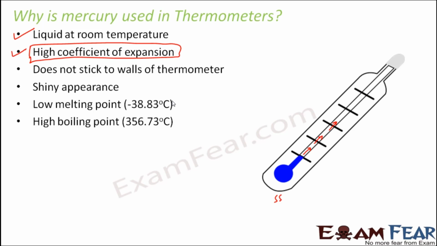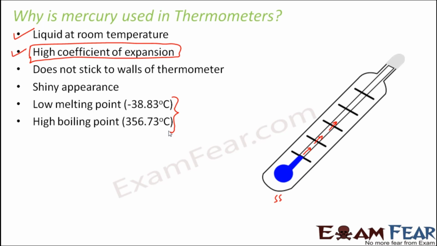So the chances of this mercury being melted or getting boiled are very less, because normally, if an object has a very low boiling point, then maybe even at room temperature it might start boiling, or as soon as you expose it to some hot substances, it might start boiling. So all those risks are not there. Mercury will start melting only at a very, very low temperature, and it will start boiling only at a very high temperature. So that is also advantageous for mercury to be used in thermometers.